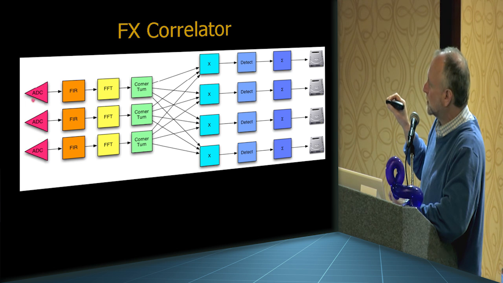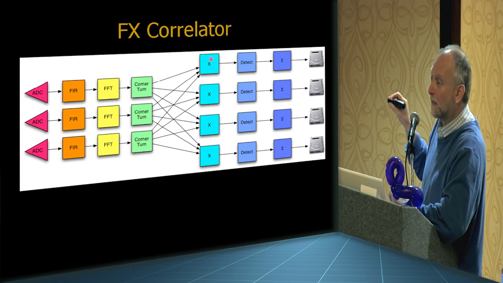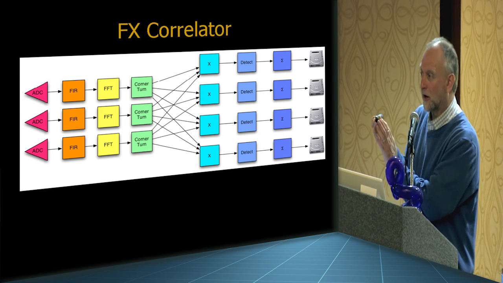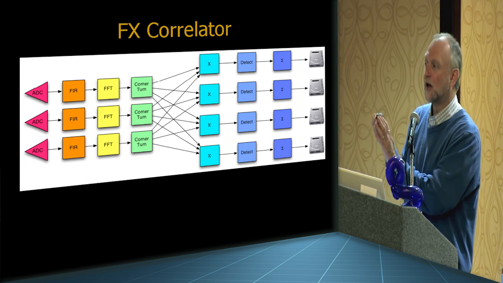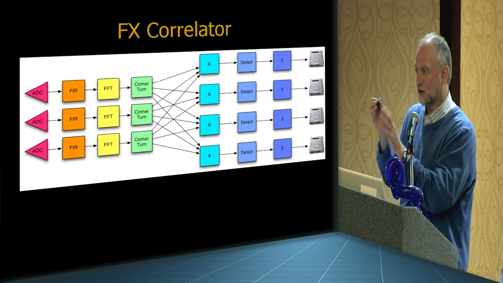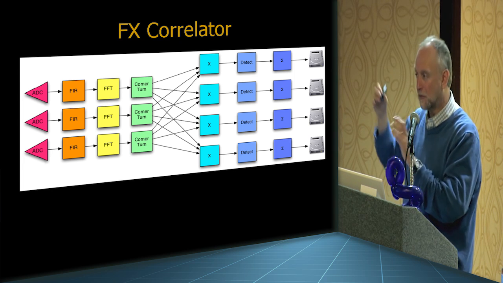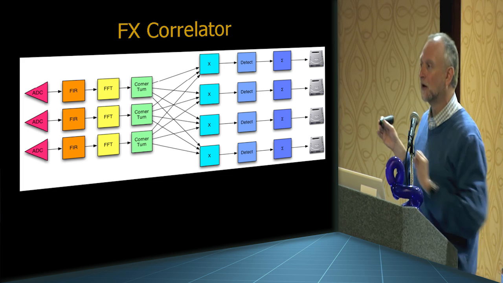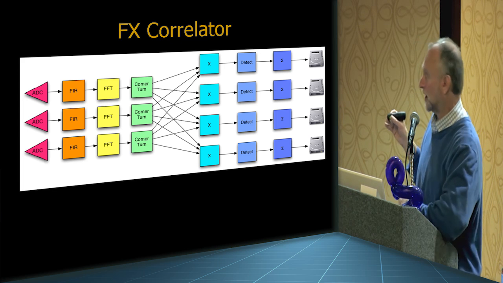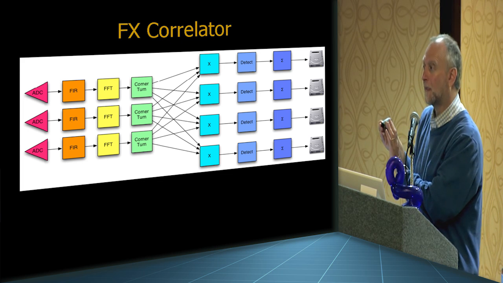So here's 3 telescopes, A, B, C. He gets the lower frequency band from A, and the lower frequency band from B, and the lower frequency band from C. And now on the frequency chunk that he's working on, he has enough information to cross-correlate: he can multiply A times B and B times C and A times C from those 3 antennas in his frequency band, right?